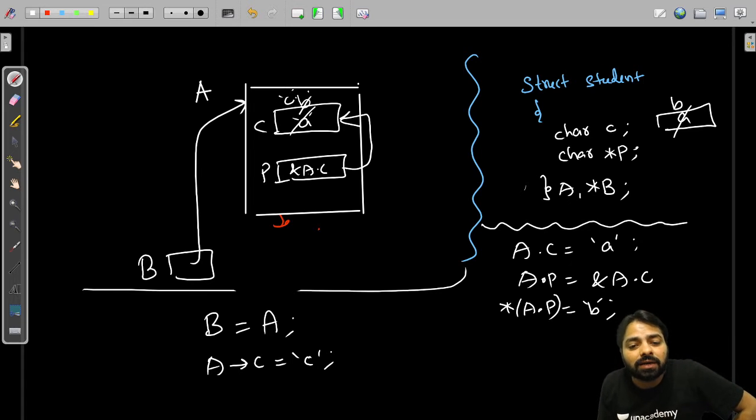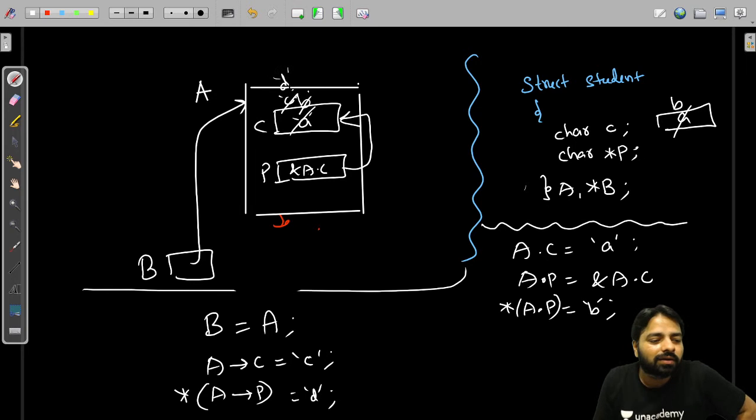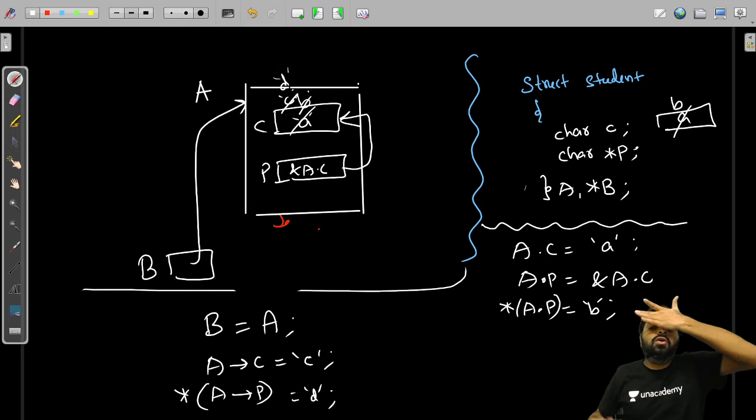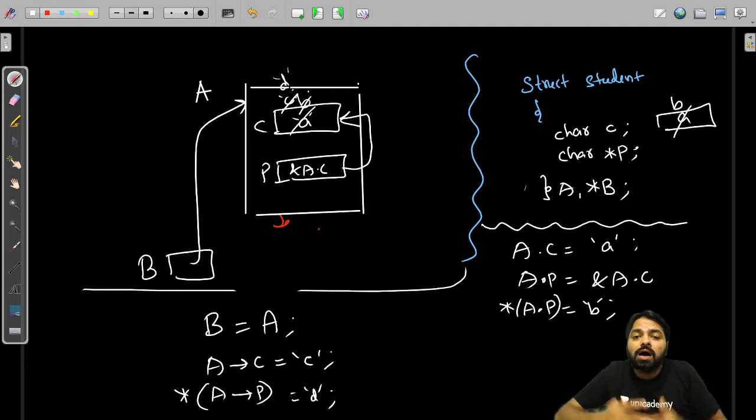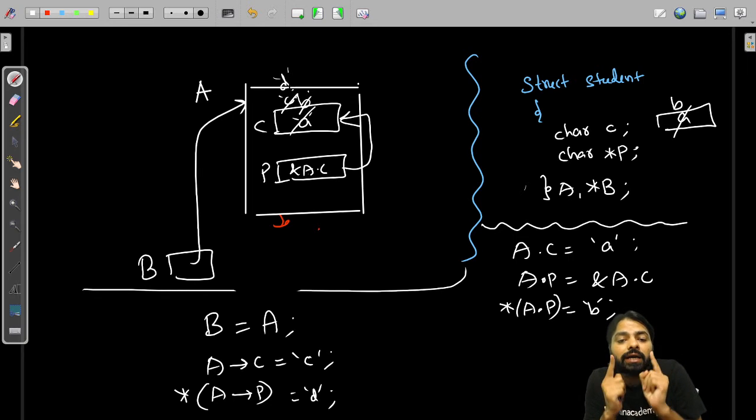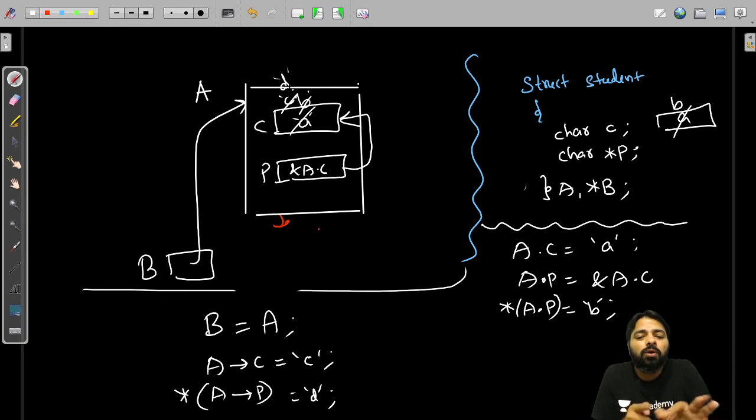अब p को एक्सेस करना, a arrow p is equal to, कुछ और एड्रेस है आपके पास, असाइन कर सकते हैं। अगर इसी को चेंज करना है, star is equal to d, और d होगा a c। Clear how to deal with two things guys, स्ट्रक्चर का मेंबर भी पॉइंटर हो सकता और स्ट्रक्चर इटसेल्फ पॉइंटर हो सकता, पॉइंटर टू ए स्ट्रक्चर। तो दोनों को हैंडल करना बहुत जरूरी है।